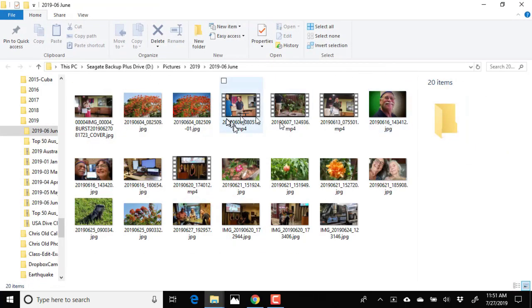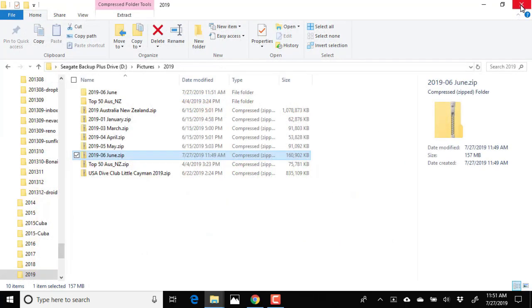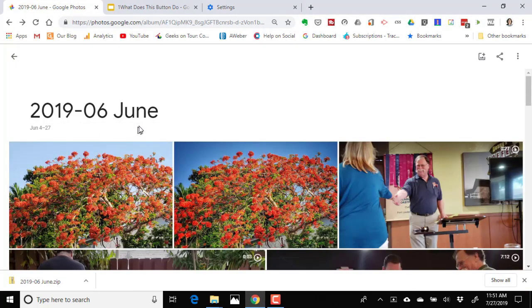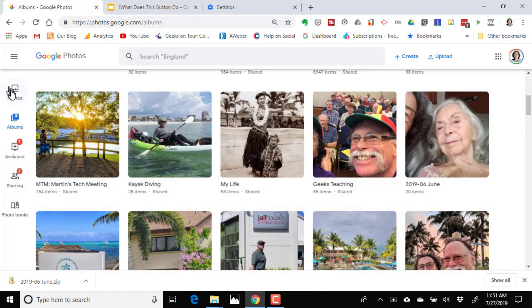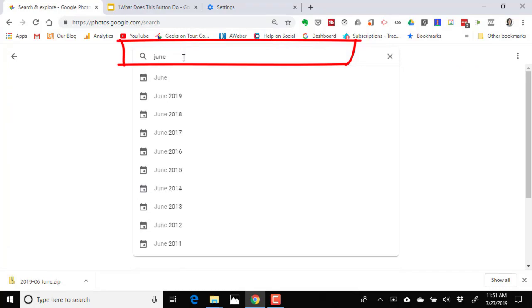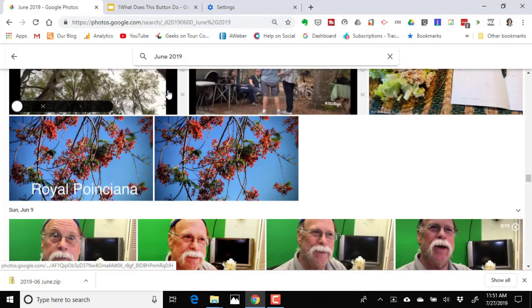Unzip your file, and there are all the photos. Last thing, what if you don't make albums? So you don't have an album for June, but you still want to make a zip file, a backup of all your June photos. You can just search for June 2019,